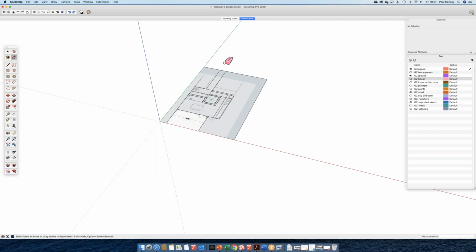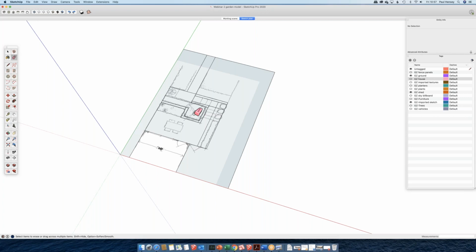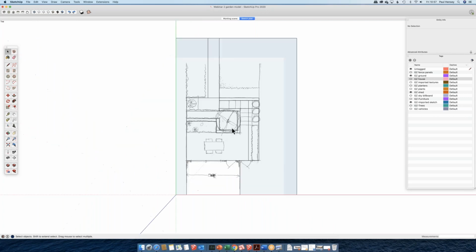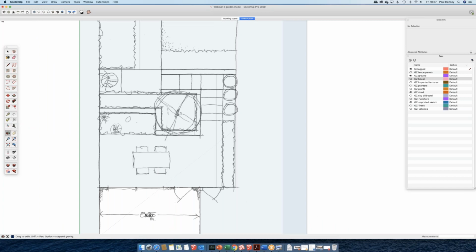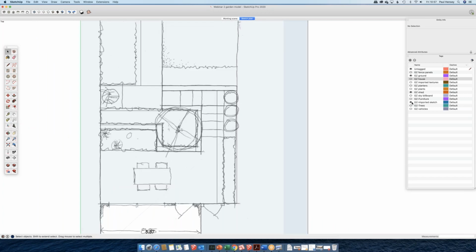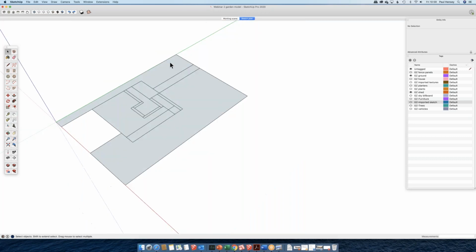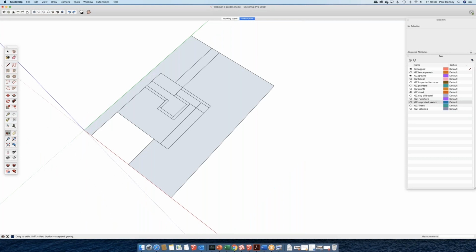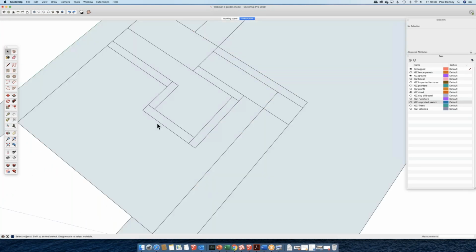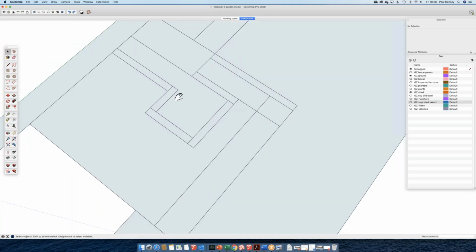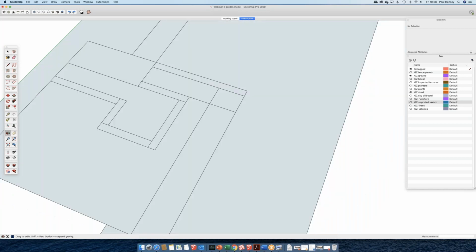So I'm just going to go back to my sketch plan. And I think I'm ready to start turning this into something a bit more meaningful. So I'm going to switch off my imported sketch. And there is my garden. This is obviously the footprint of the house. And I've got some steps going up here, and I've got some steps going up here. So I'm really just recreating the garden plan with accurate geometry